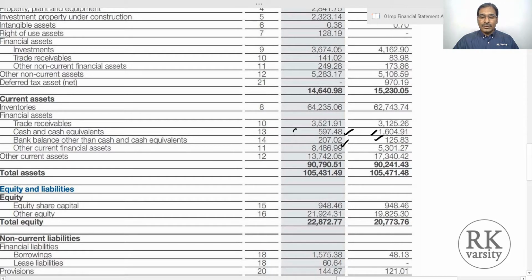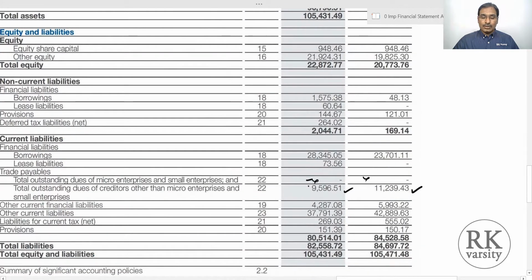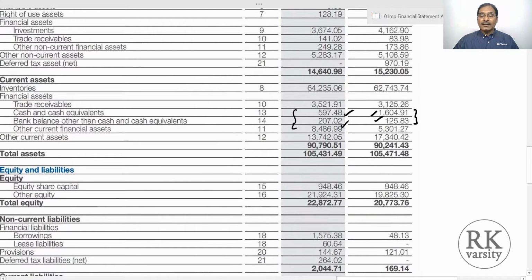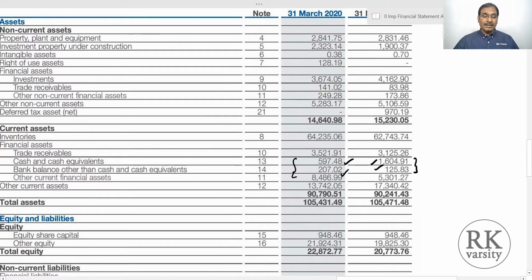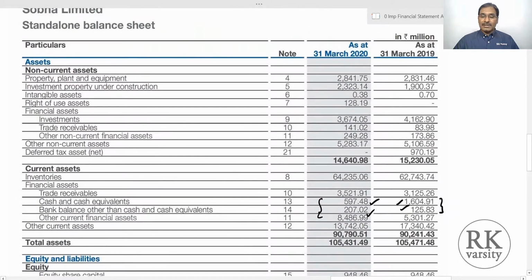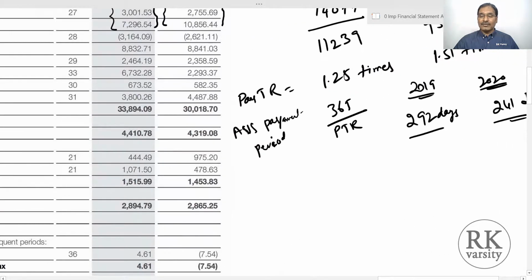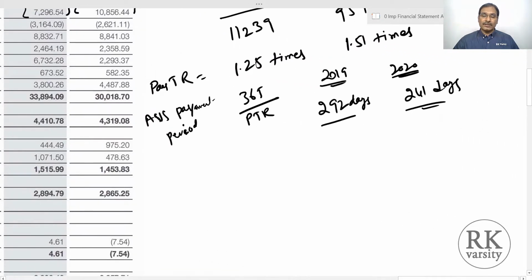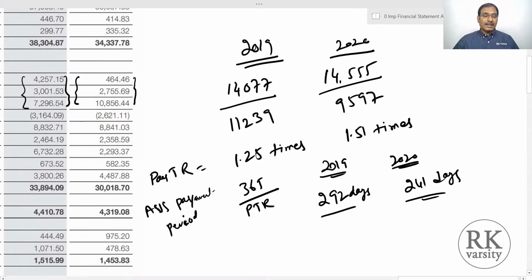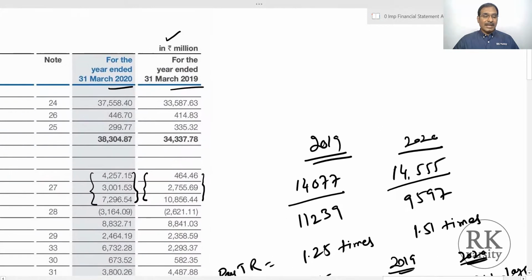But if you observe here, when comparing with the trade payables, the trade payables are around 9,596 million and 11,239 million, whereas their cash and cash equivalents are hardly 1,000 million. So payables are very high. This high payables and the company taking 292 days and 241 days to make payment indicates that the company may be having some kind of a cash